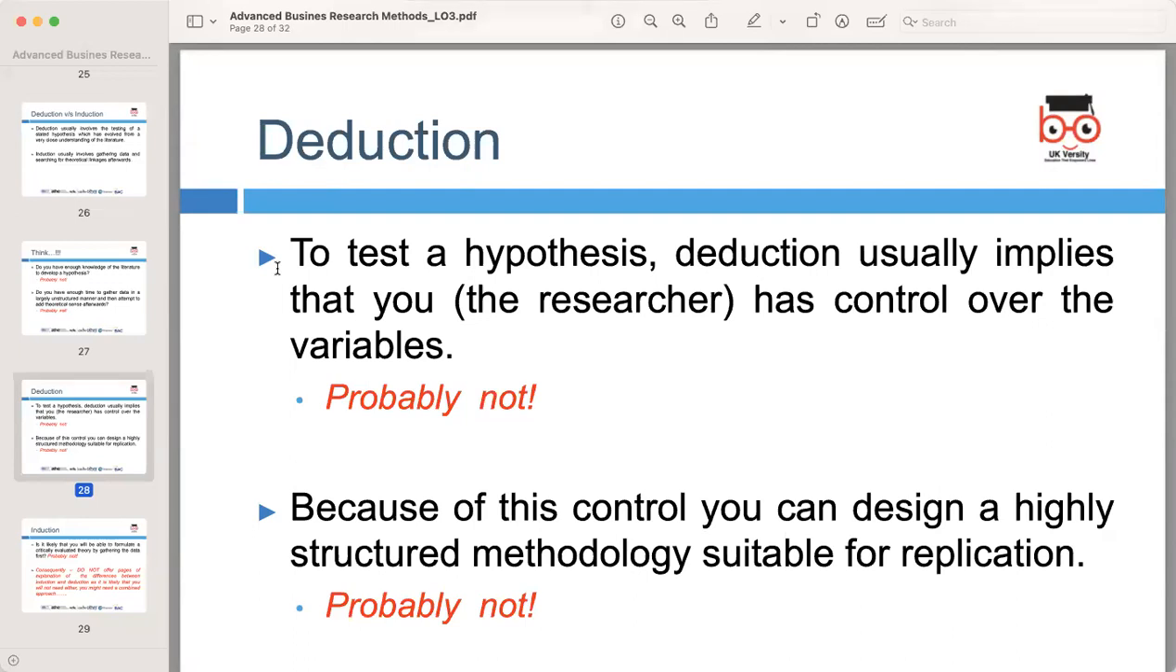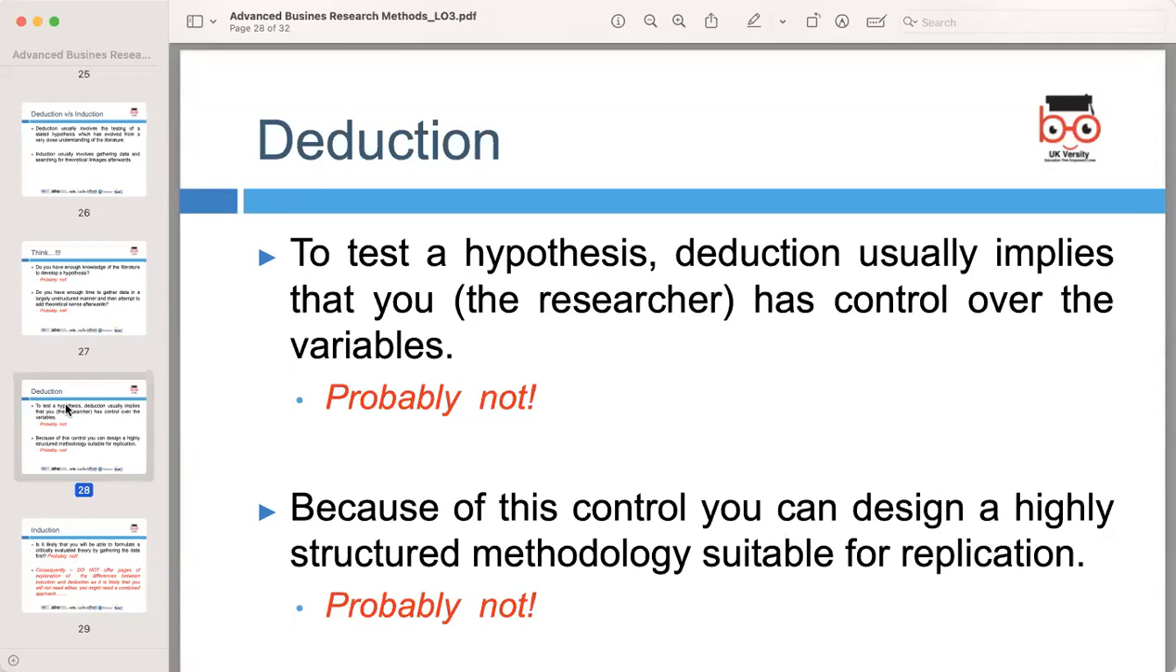Deduction allows a highly structured methodology suitable for applications. It is true that structured methodologies are valuable in scientific research. It is not accurate to claim that deduction alone